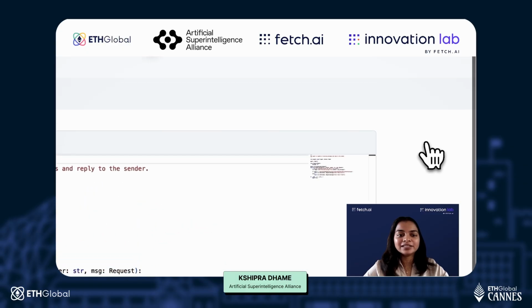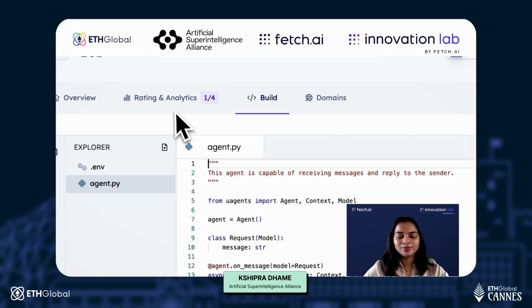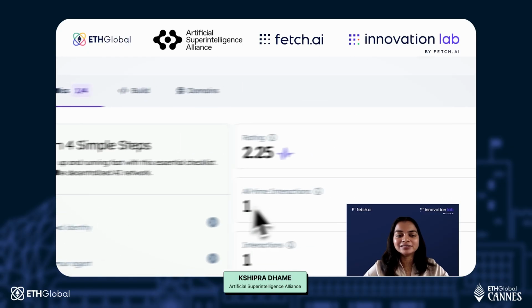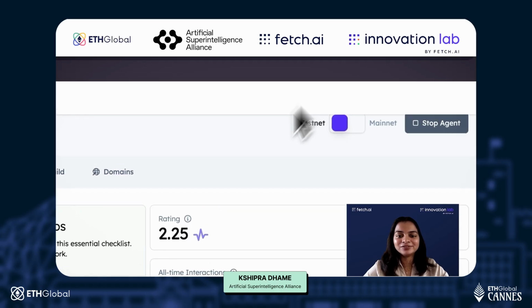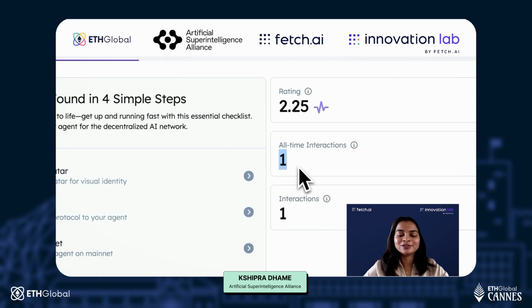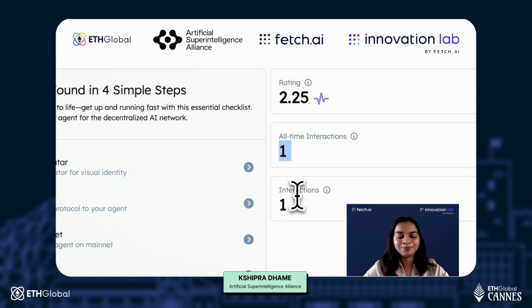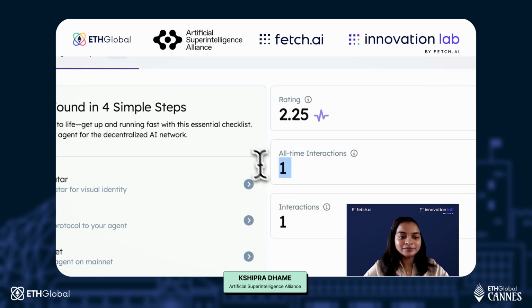Now we can actually check the interactions associated with Bob. So we can see the all-time interactions associated with Bob are 1 because it just received one message from Alice, and that's why it says the all-time interactions are 1. Now going back,